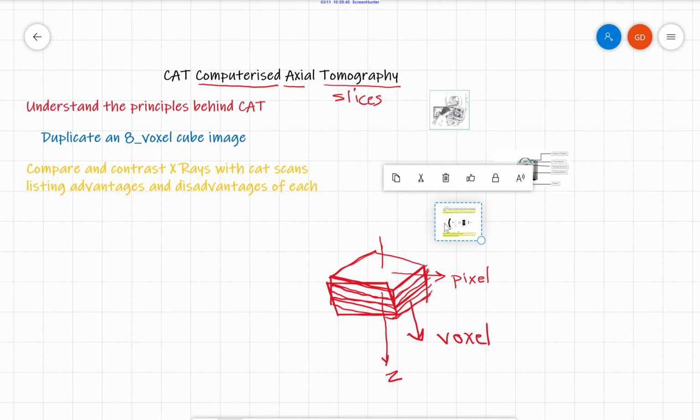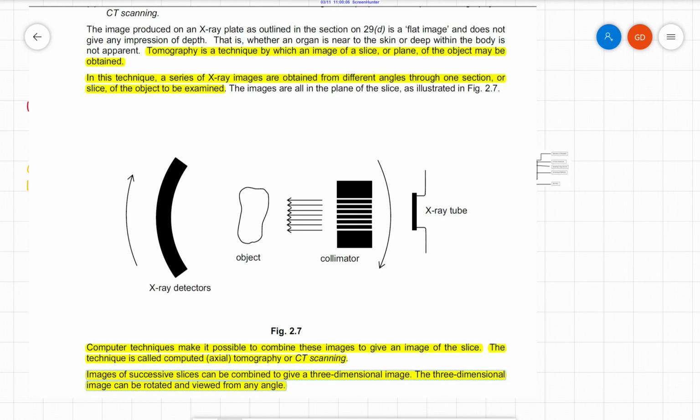We highlight these things on this part. Here again they are showing a simple diagram of the CT scan. This represents the patient, detectors, the X-ray gun or tube,